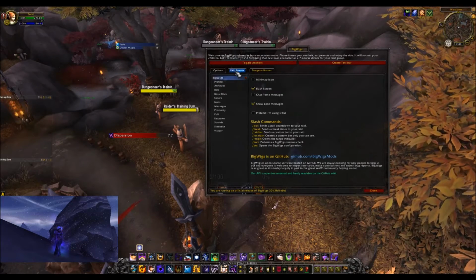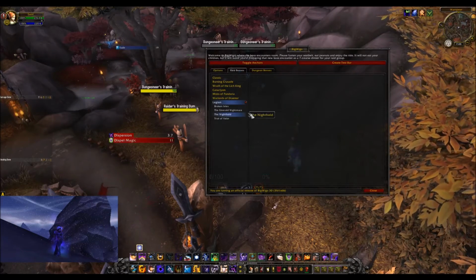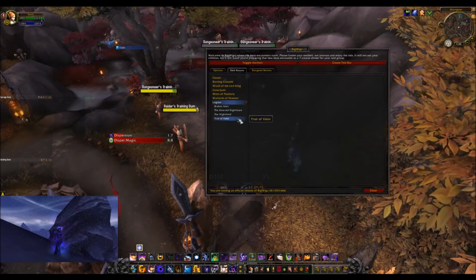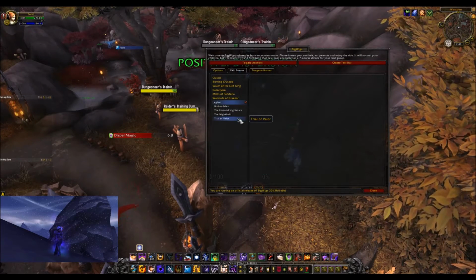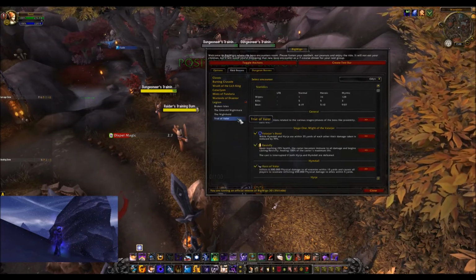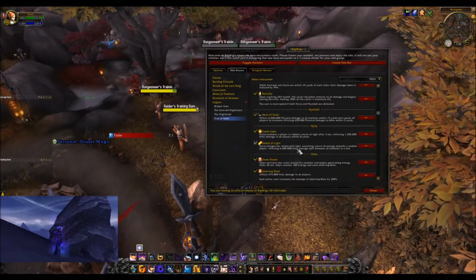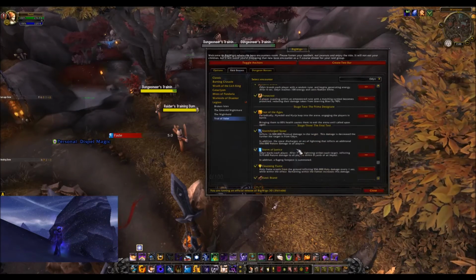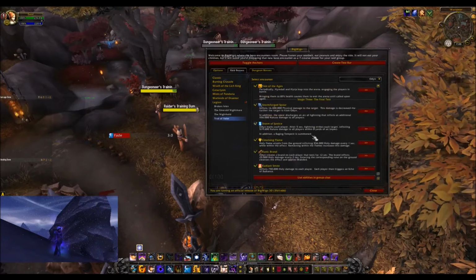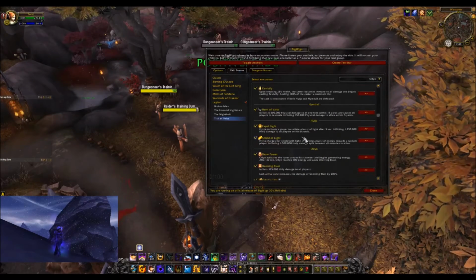Alright. The next part that's fairly important is you go to the Raid Bosses tab, and then if you're having problems with a specific mechanic, what I recommend you do is go to that boss, or find that ability rather with that boss, and you can just emphasize things. So for example,